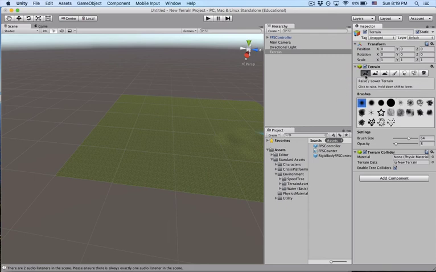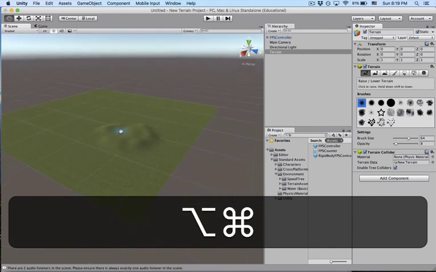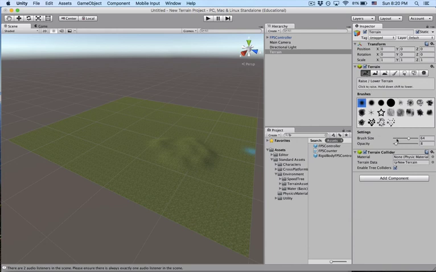So we'll start with the main one, which is raise lower terrain, noting that it says here, click to raise, hold down shift to lower. And I'm going to go back to where I was, this. And the secret here, and you'll learn more secrets as you just play around with it, is to not